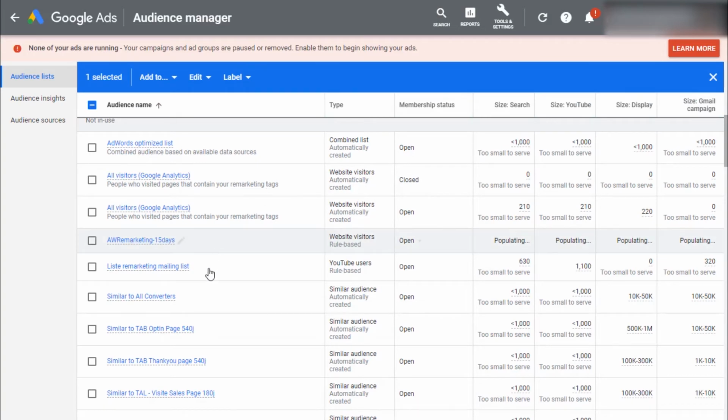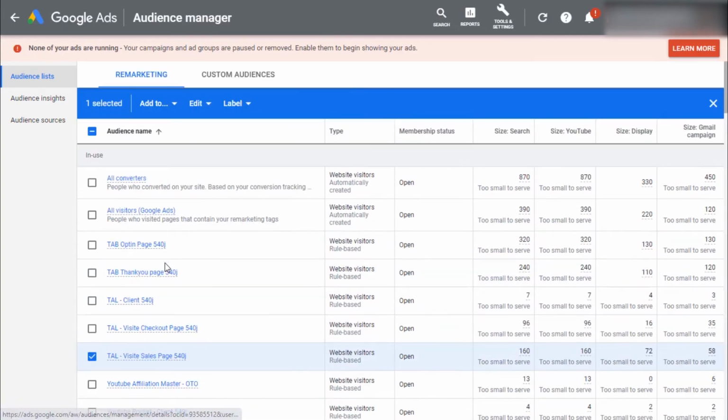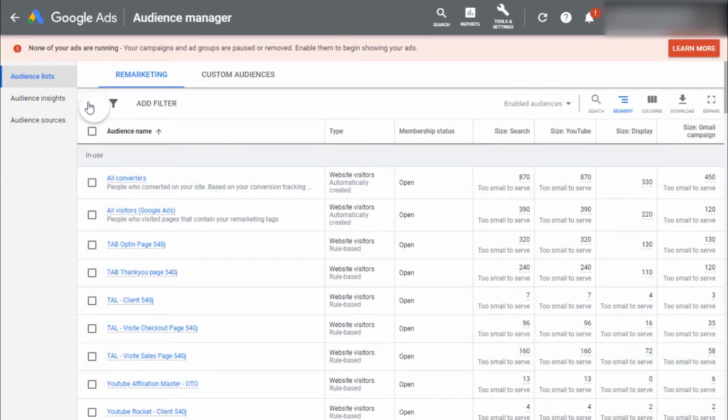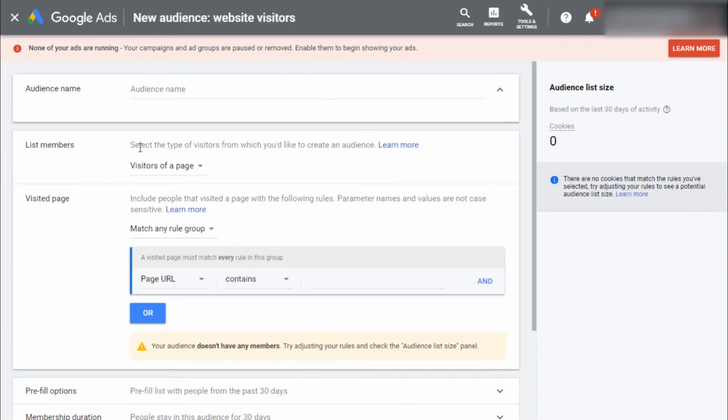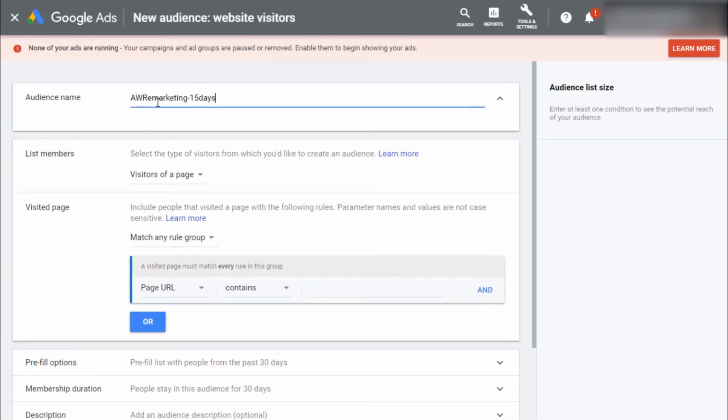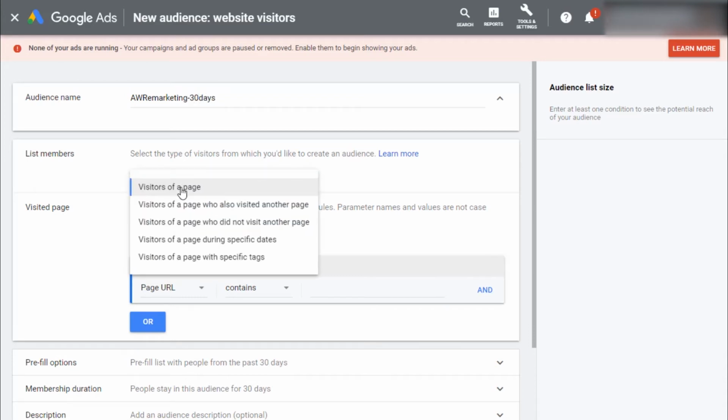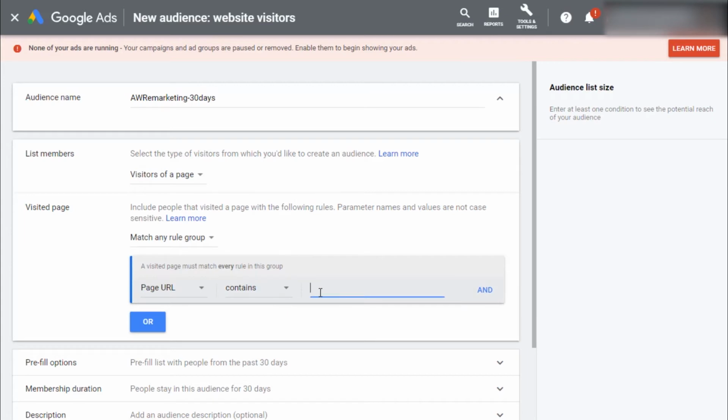You can create several audiences. For example, here I'm going to create another audience of the same name, but for different days. I go for website visitors. I create a similar set of audience, but for 30 days. And visitors of page again, and the page should contain,